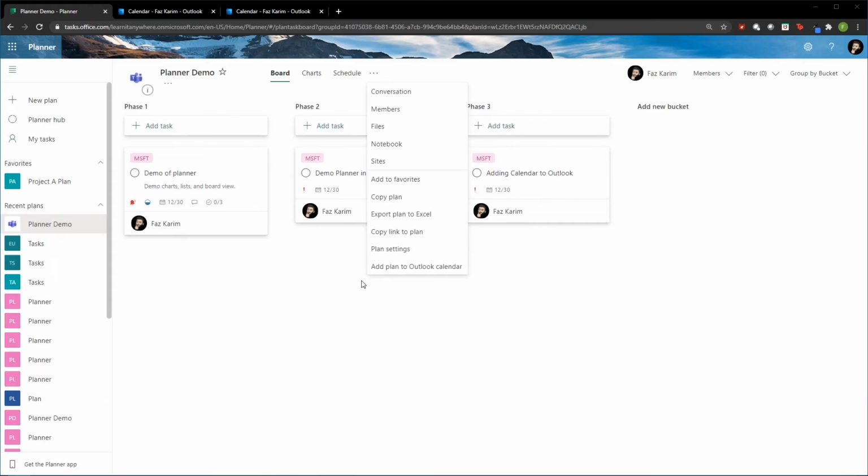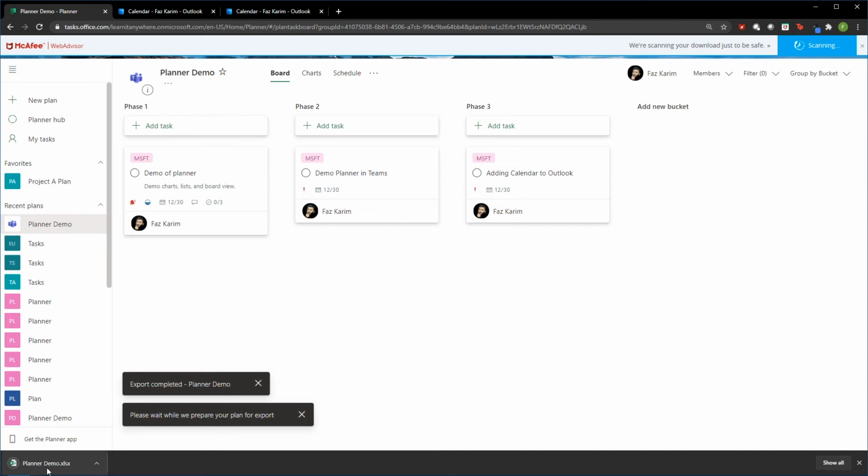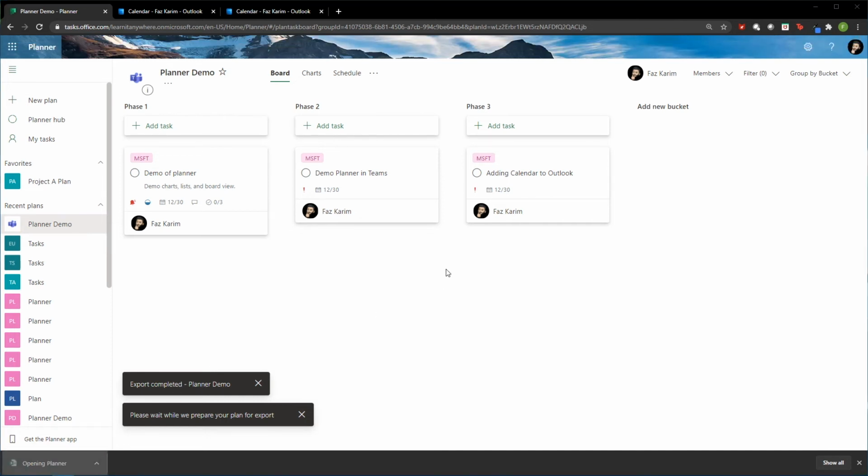Alrighty, now that we went ahead and added the plan to our Outlook calendars, another option that you can have when you want to do a quick little analysis of how far along you are is exporting the plan to Excel. This will create an Excel file of the plan with the plan's name, called Planner Demo. And it kind of gives you a nice running list